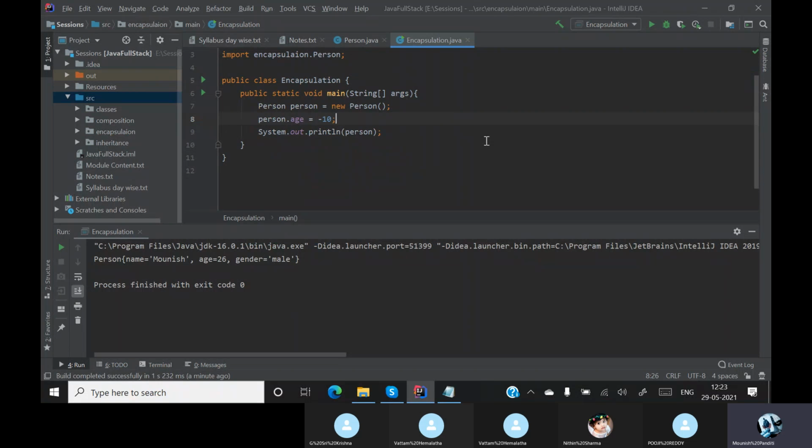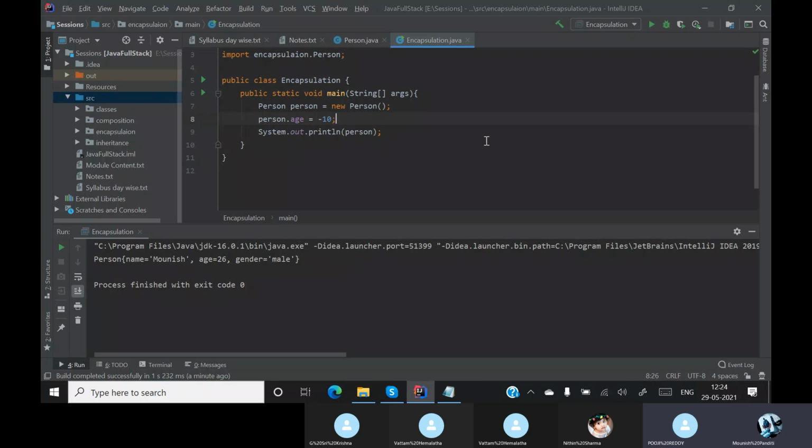Can I make this -10? Yes. But will an age be -10? No. Age cannot be -10. That is practically wrong, right?